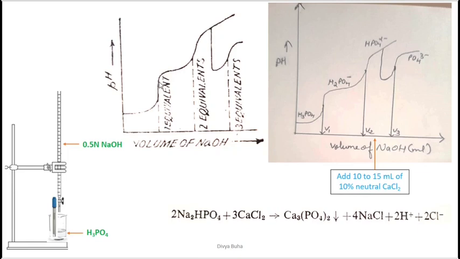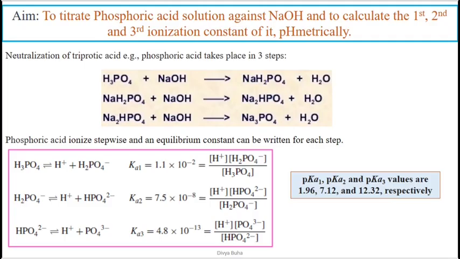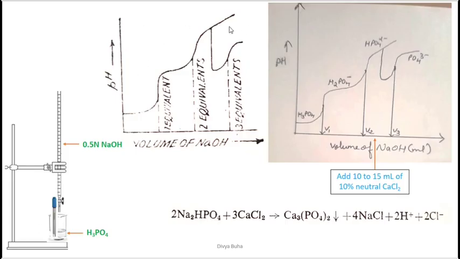You can see that at the first equivalence point there is a proper pH break. Over here also there is a proper pH break. Then for the last proton you won't be able to see a pH break. Neutralization would occur, but the proper pH break won't be observed in the graph or in your results, because it is very difficult to remove the last proton, and the pH of the solution would now be alkaline.